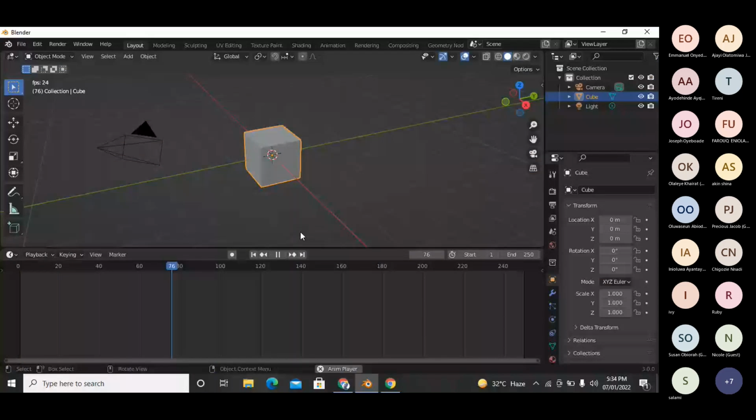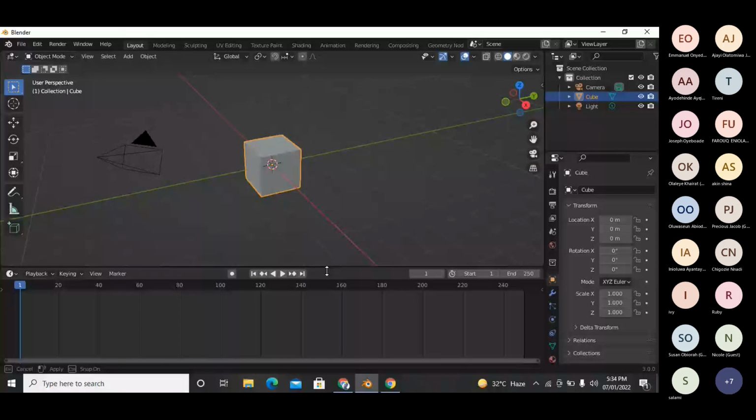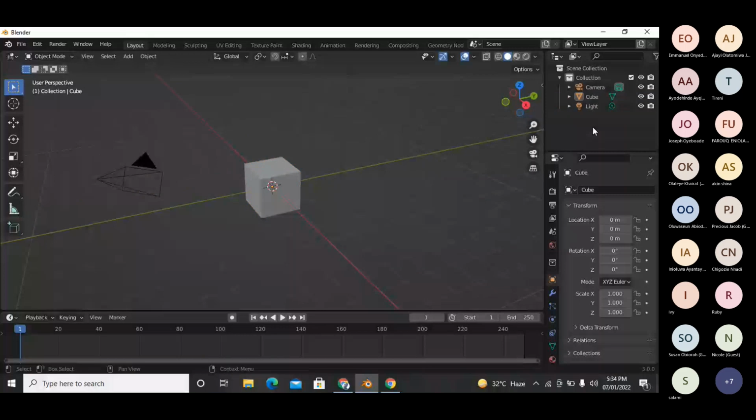So this is the third window, and it's called your outliner. The most important thing about this outliner is that it is basically a bird's eye view of everything you have in your scene. The major collection is called the scene collection. It shows you every single thing you have in your scene, and it might not seem that important right now, but when we have several objects, hundreds of objects in our scene, that's when you begin to see the real effect of the